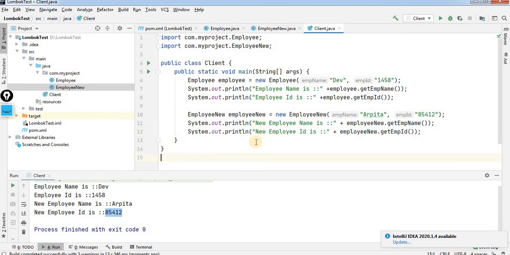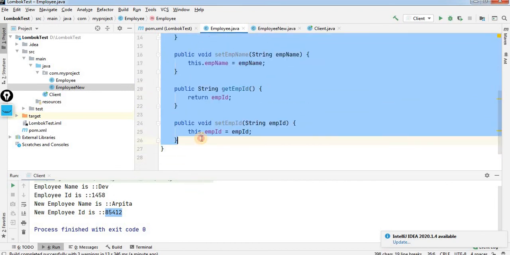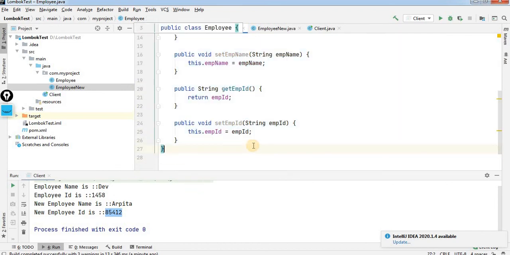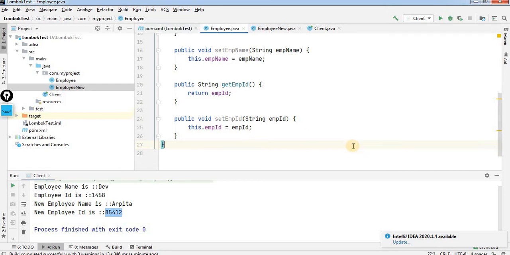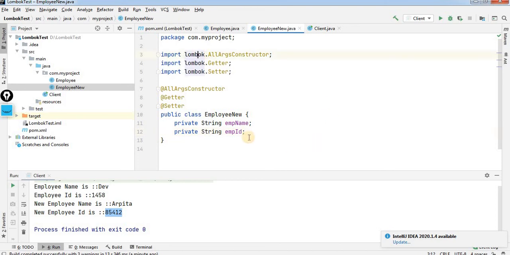So this is the way that we use the Lombok API, and basically it is reducing the boilerplate code, which is all the code from line number 7 to line number 26, which is available in your project in more than one place. For all the model classes, you are declaring the private variables, providing the setter and getter methods, and based on the requirement you are generating the constructor as well. All this boilerplate code has been removed by using this Lombok API annotation.